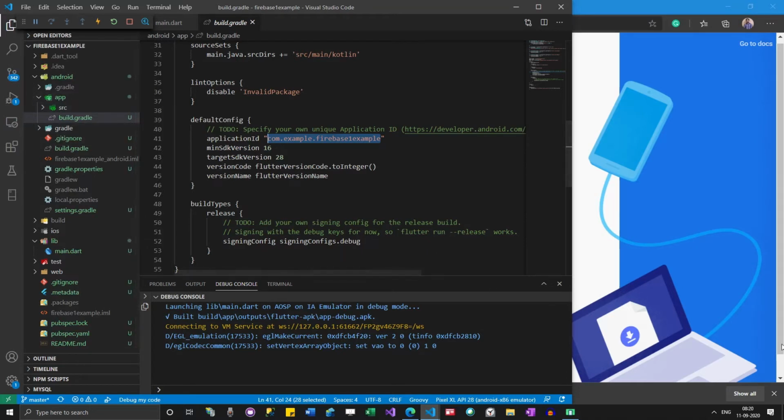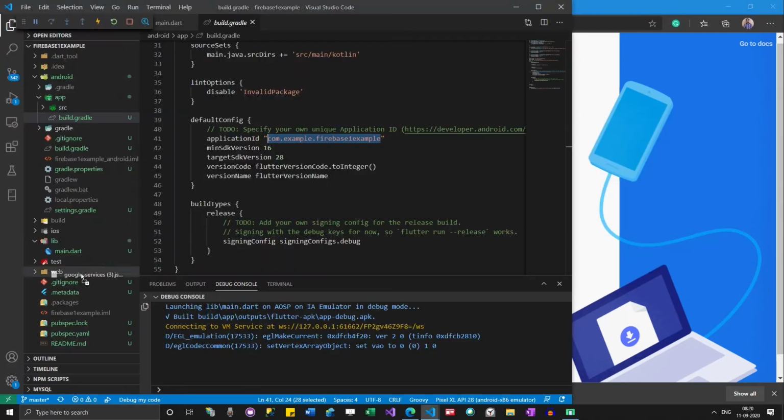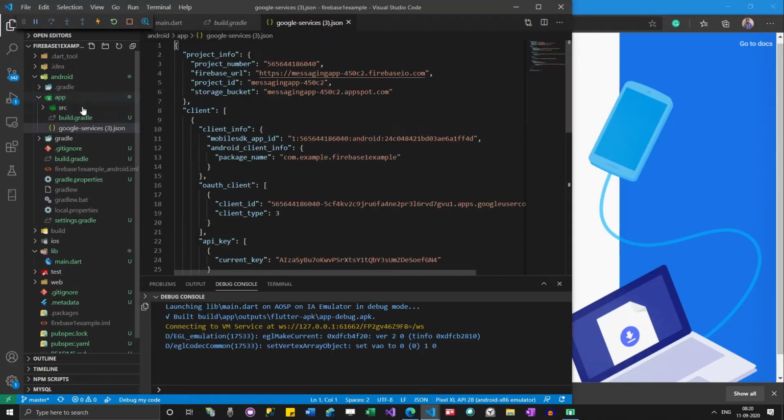Okay, so I'm quickly going to check where I have to drop it in my old application, in the app where I did it. So it is in the app folder. Okay, app folder, I'll go here, and then rename it properly.